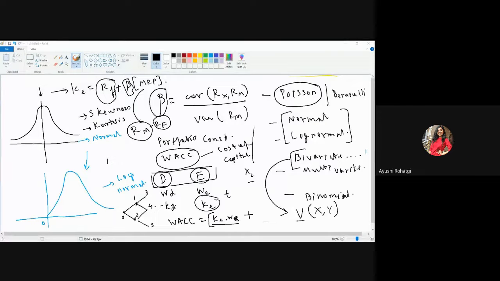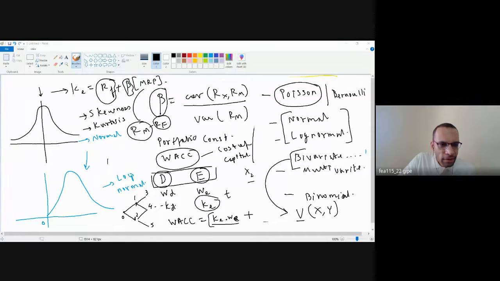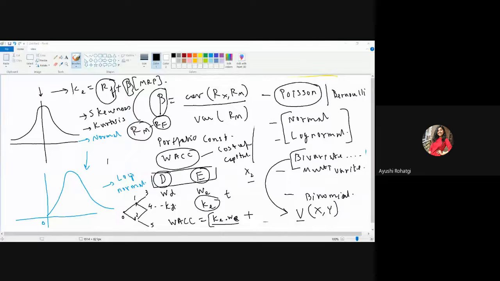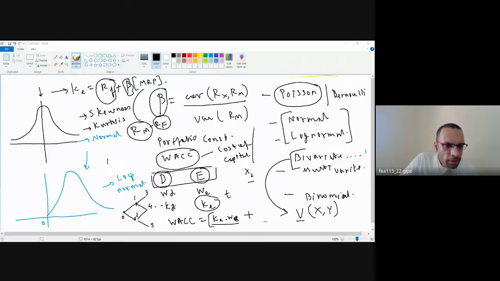Ayushi Rohatgi, present. I just missed the attendance. Okay, Ayushi Rohatgi. Yes, sir. I'll mark it. Thank you, sir. All right. So financial economics is done. Kalyani Todkar, sir, I'm present. Kalyani Todkar, I think the name hasn't come. Are you a part of international business? Yes, sir. No, I'm yet to take that attendance.